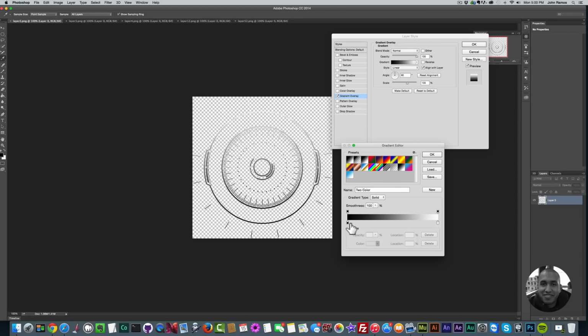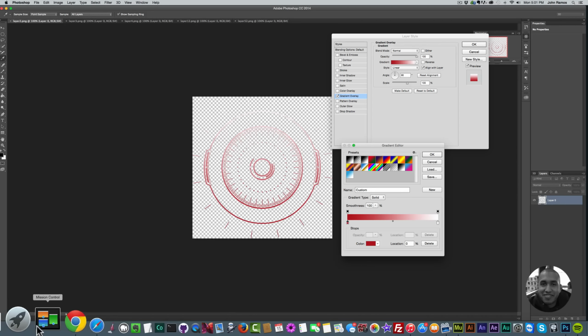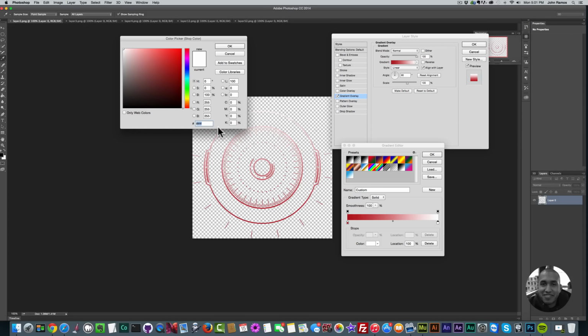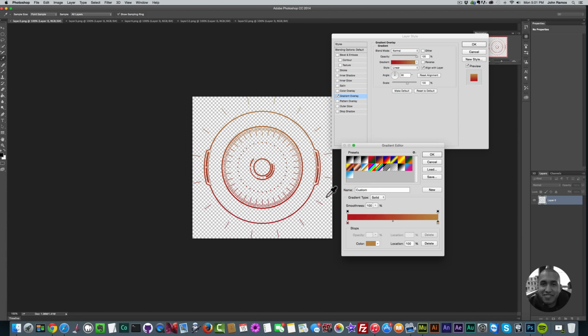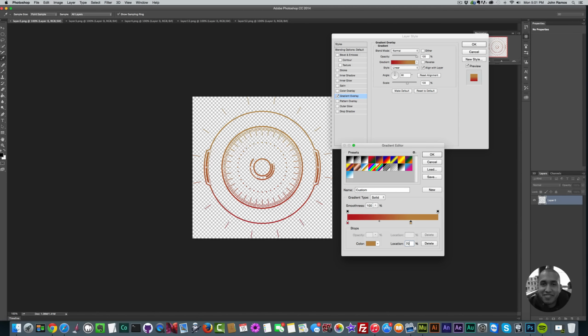I'm just going to double click there and then hit Command C to copy, or Control C if you're on Windows. And then I'm going to click on this black button right down here and change the color there. And then I'm going to go back to my color palette and I'll change it to this color right there. And I'll double click on the white and paste. Alright, so now we have that gradient on this image, and we can change the gradient a little bit by changing the location, let's say to 70, and it either adds more red or more of that goldish color. So I like the way that looks, so I'll click OK,